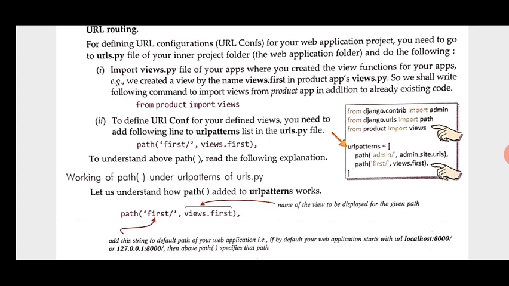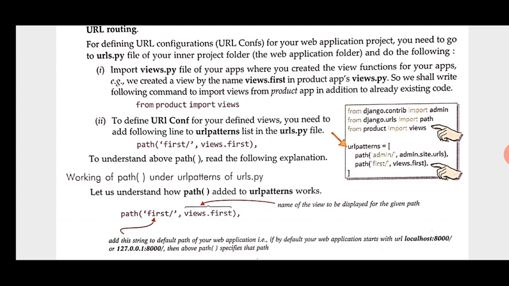And step number 2, to define URL configuration for your defined views, you need to add the following line to the URL pattern list in the urls.py file: path, then first slash, views.first. First is the name of our view, from the last example.